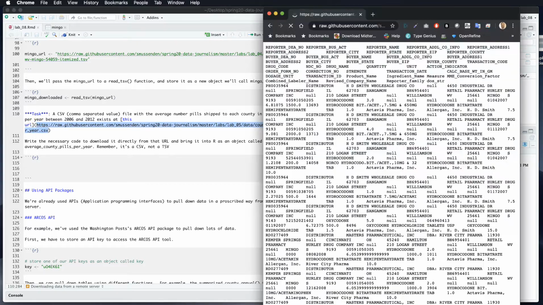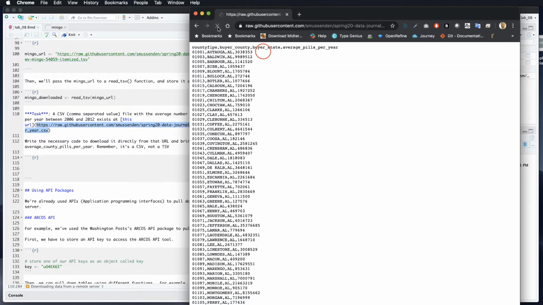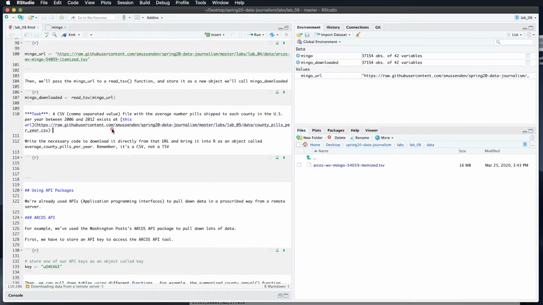I'm going to do this here too. It's going to take just a second to load. And we've got a little nicer view here. So the first row is the header row. Columns are separated by commas, and each row is on a new line. So I want you now, using this method I outlined here, to